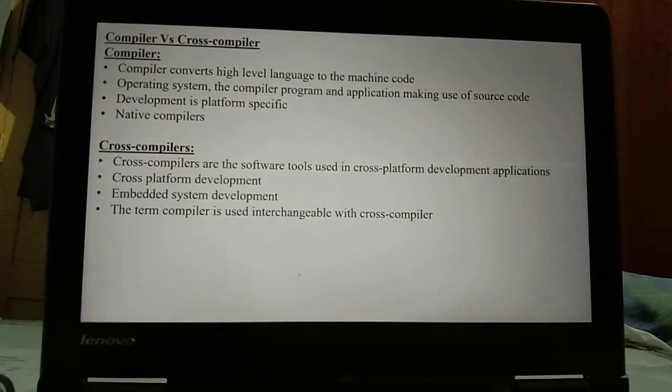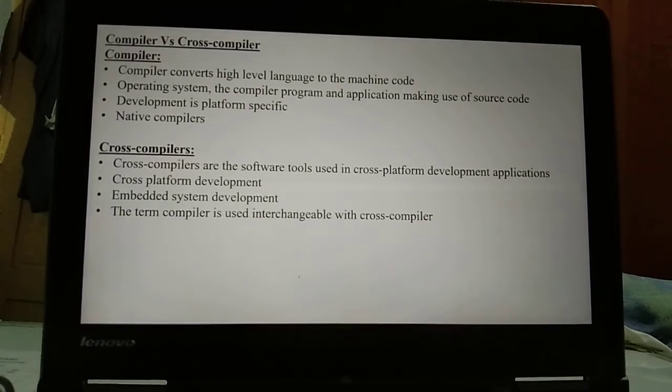One example is embedded system development. For AMD or Intel processors, a high-level language program is written and then it is converted into machine language for the target processor or controller. The term compiler is often used interchangeably with cross compiler.